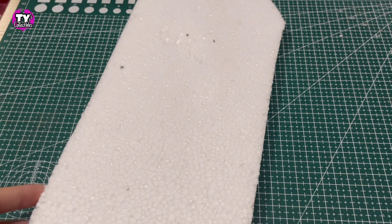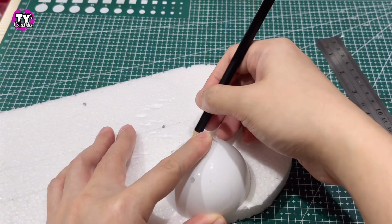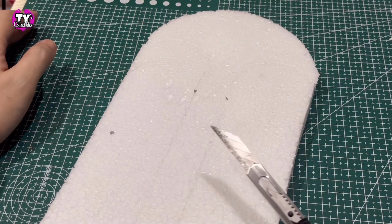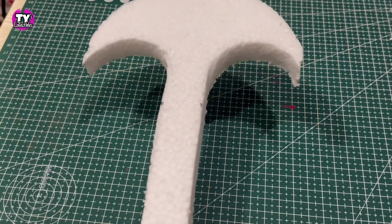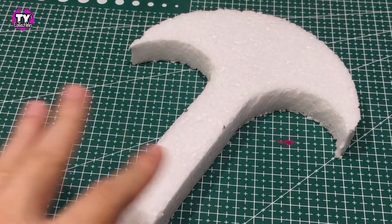I got our cutout from earlier, and let's draw a straight line here measuring about 11 inches. And I want to make an archway here, so let's trace half of a capsule. And using our cutter, I'll cut out those shapes to get this shape, which kind of looks like an inverted anchor. We are not going to need a very thick piece of this, so I'm going to trim it down a